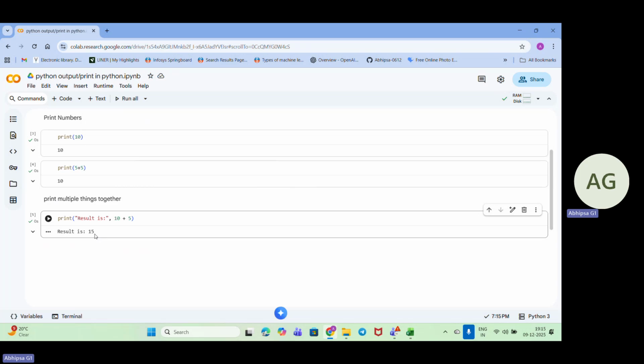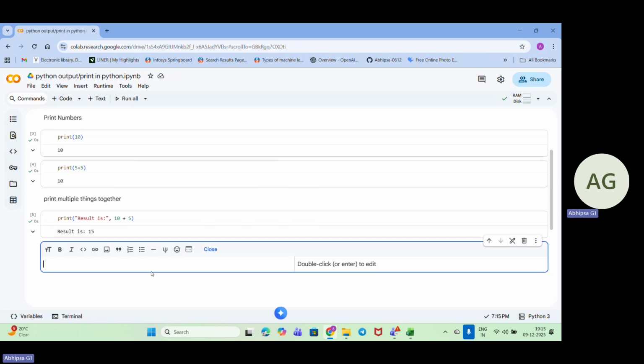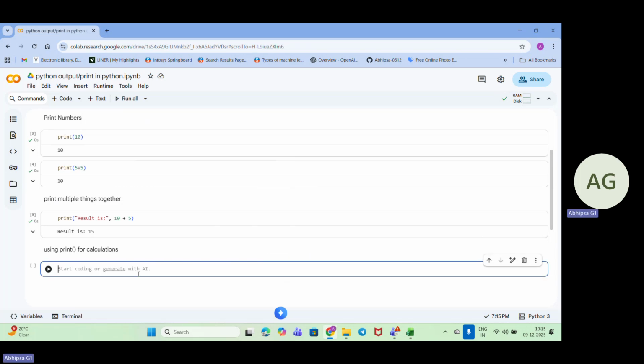Now, as I told, inside print we can do some basic operations. So let's see if we can do other operations inside print. Here, print for calculation. Let's do print 100 plus 200.